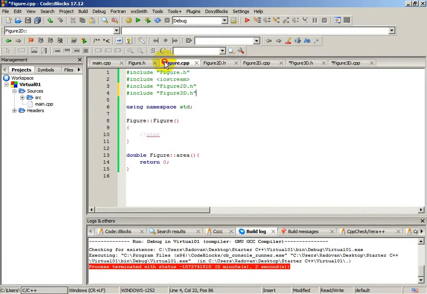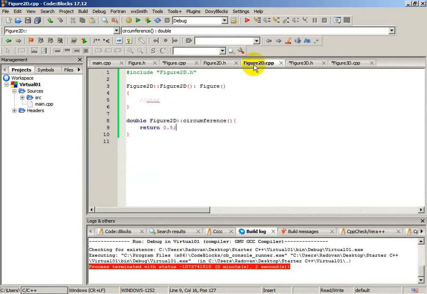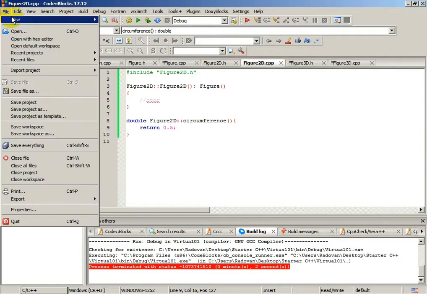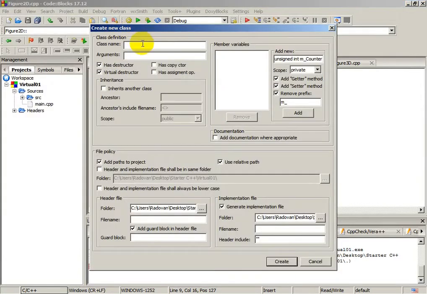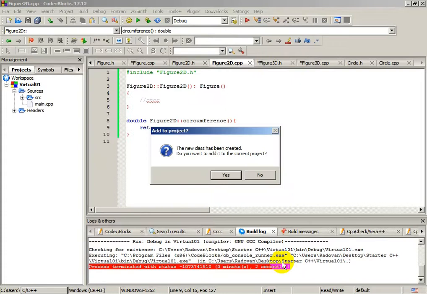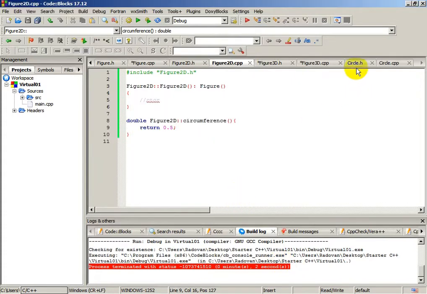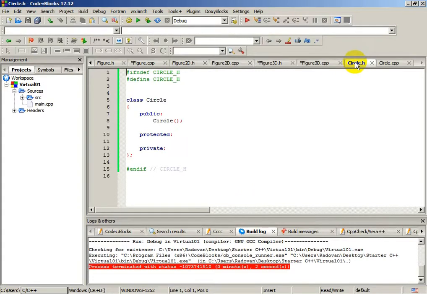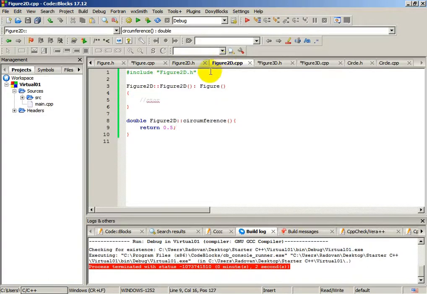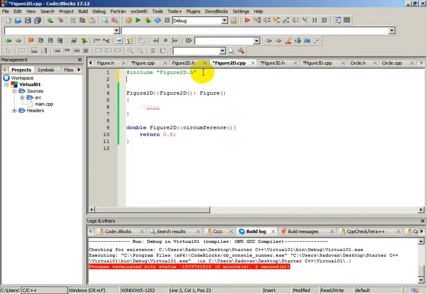Let's see if everything is okay. It should be fine. Now let's create one more class. First let's create the circle class without the destructor. Too many classes here. We have included it in our project, and it will extend the figure2D class. This means in the figure2D.cpp we need to include